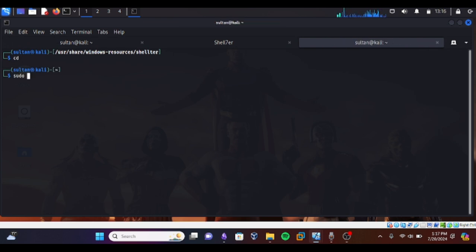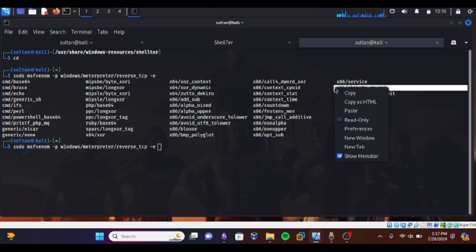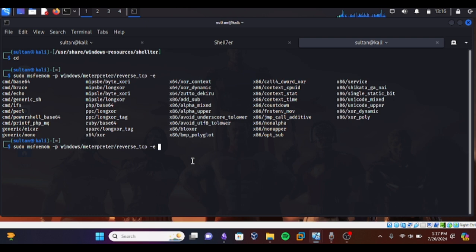I'll be using msfvenom to generate the payload. Then windows meterpreter reverse TCP. Then I will encode with shikata_ga_nai.